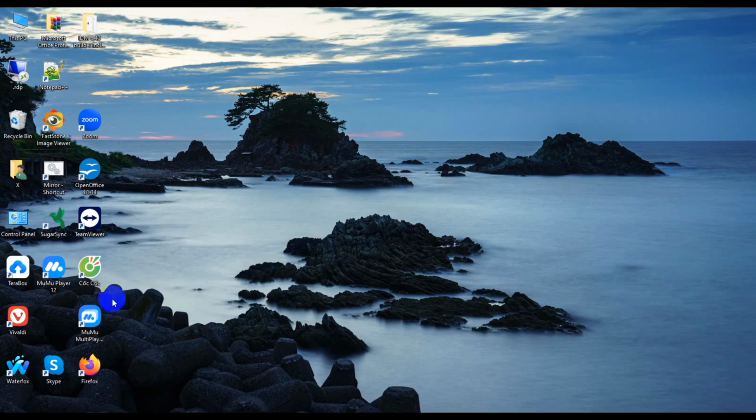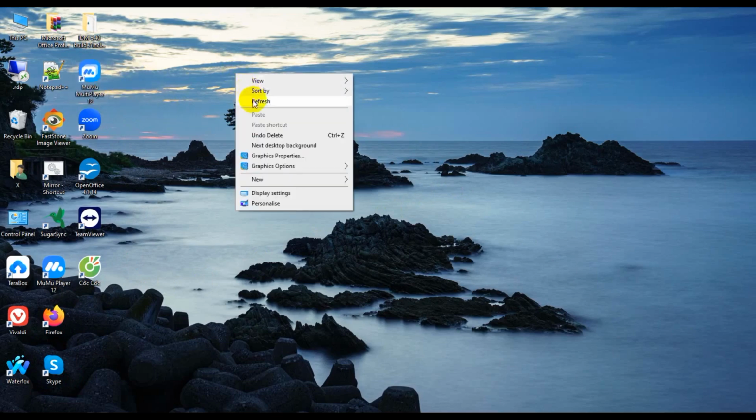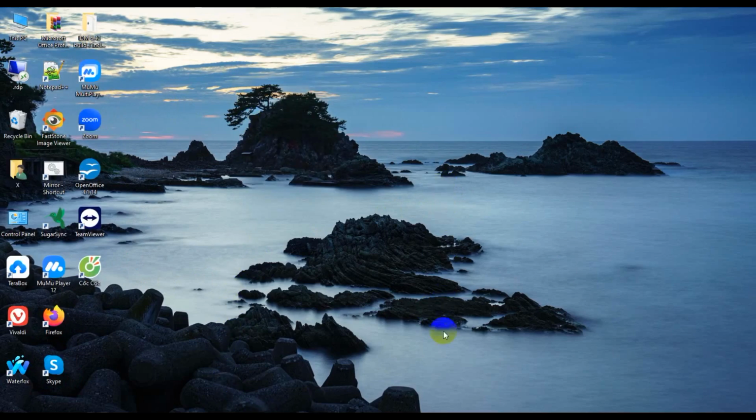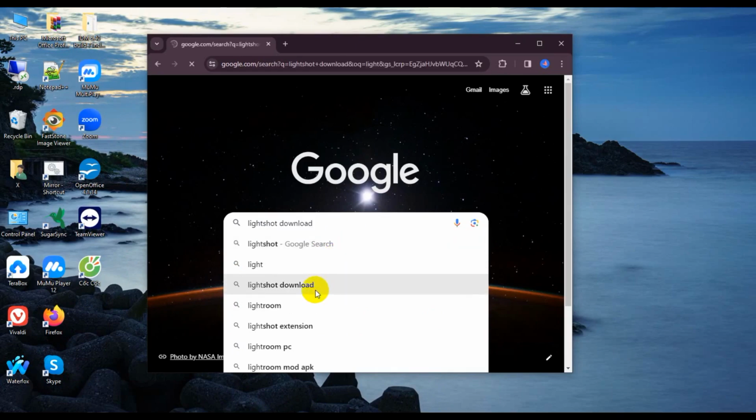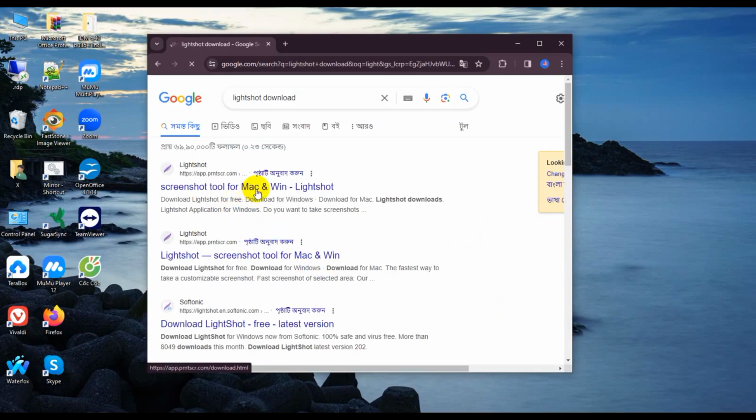Today I'm going to explain how to set up your Lightshot screenshot tool. So now open a browser. So guys, I'm opening the Chrome browser and typing Lightshot download